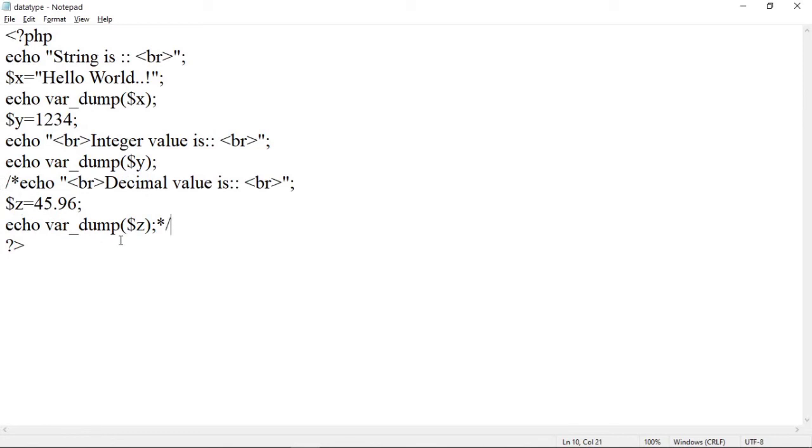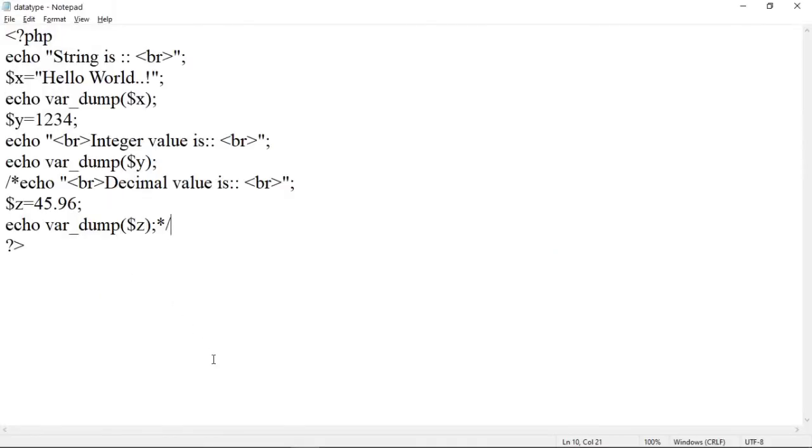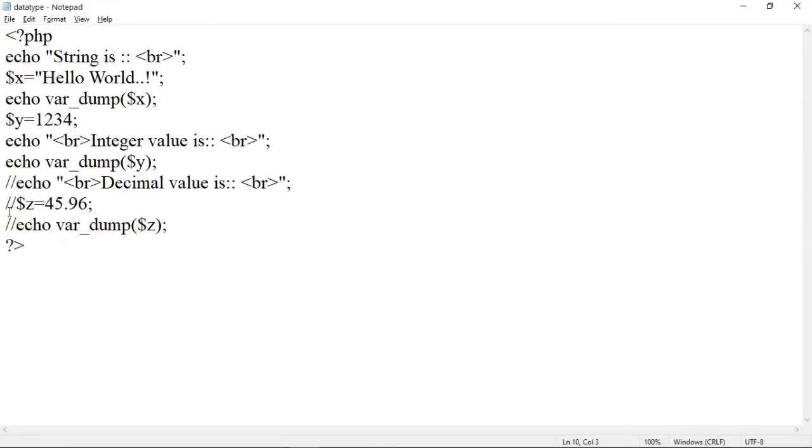Now these three lines will be skipped while execution. So save this program and after that run it. See, decimal part is skipped in the execution. So in this way you can write a multiple line comment or single line comment. For single line comment, you have to use double slash or hash. You can specify multiple line comments by specifying single line comment on all lines also, but it will be more visible to use a multi-line comment for multiple lines of code. Okay, so in this way we can provide comments wherever those are necessary.